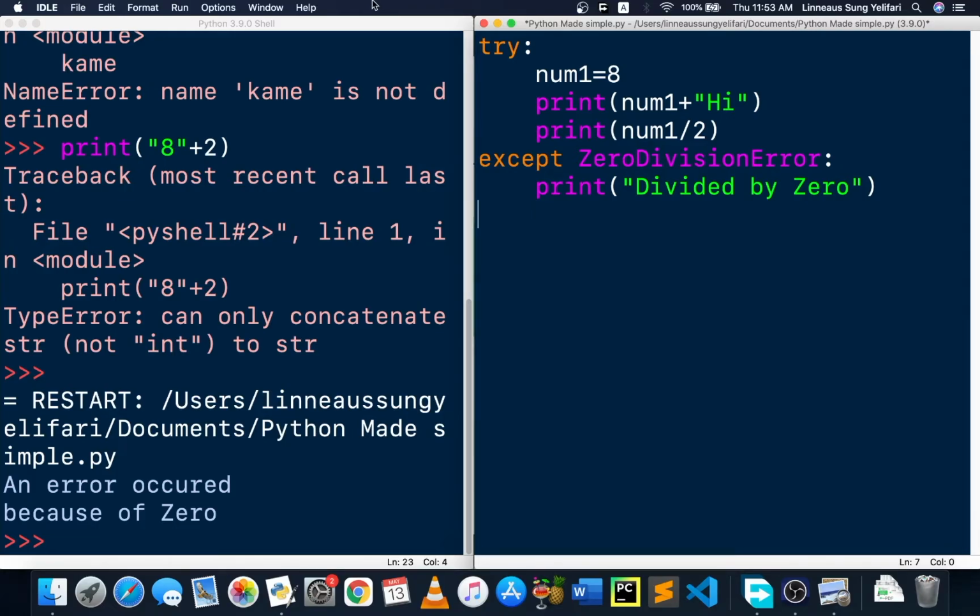Then adding another except block. As I said, you can use multiple exceptions in a single except block. So we are going to call on the ValueError exception, and separated by a comma, we call on the TypeError exception, and closing that with our colon. We tell it to print error. Okay. So saving this